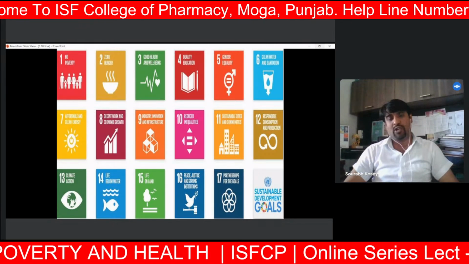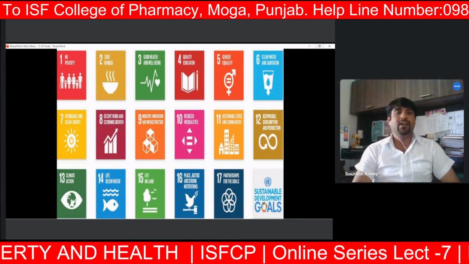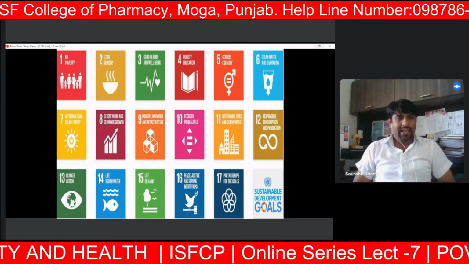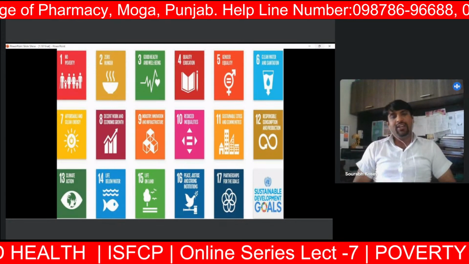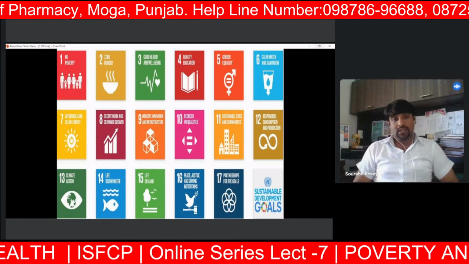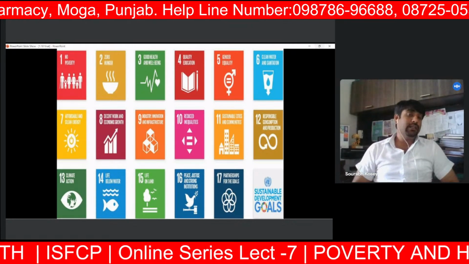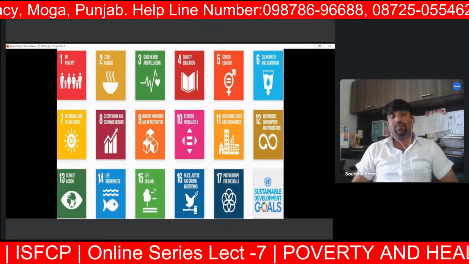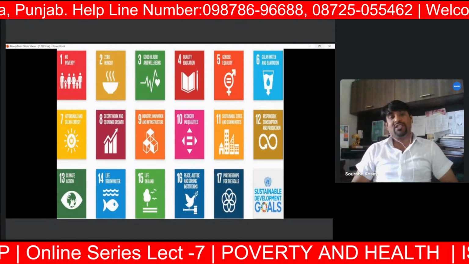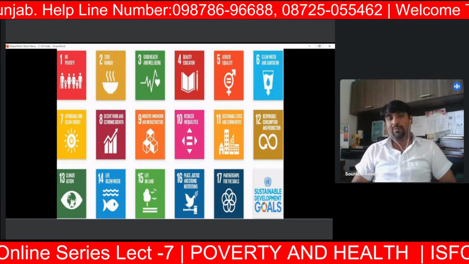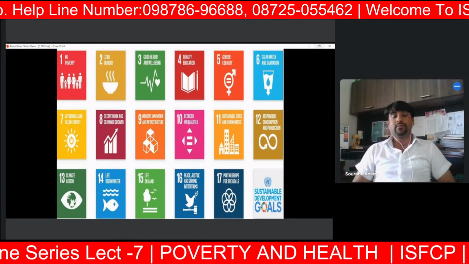because this too is required for the creation of jobs and the mechanical aspects of life and workflow. Then decent work and economic growth: there should be a good per capita income and chances of growth retention as per one's own experience. The ninth one is industry, innovation and infrastructure, the information technology,